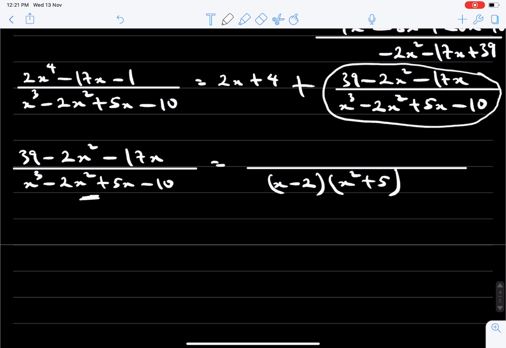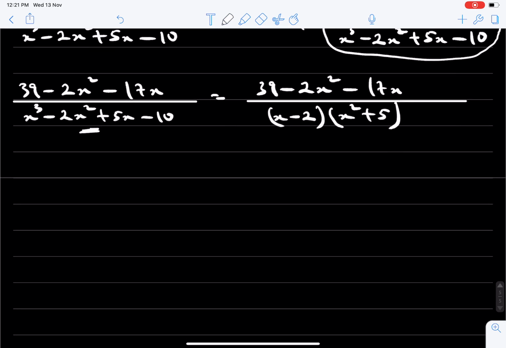So the numerator remains what it is, 39 minus 2x squared minus 17x. So we proceed to the partial fractions, the LCM of D,